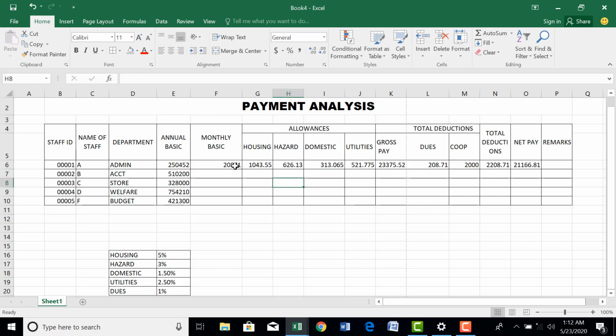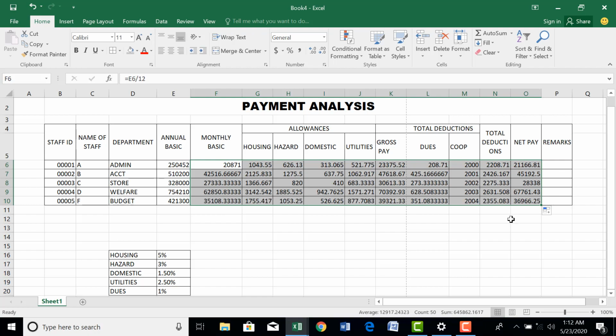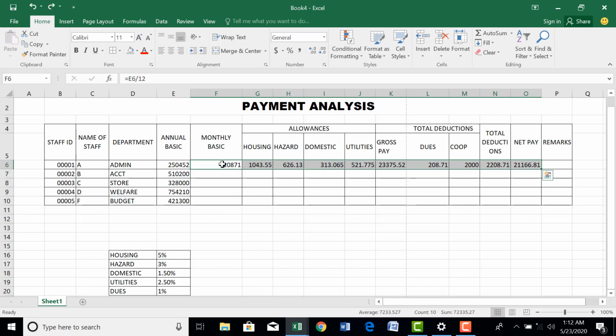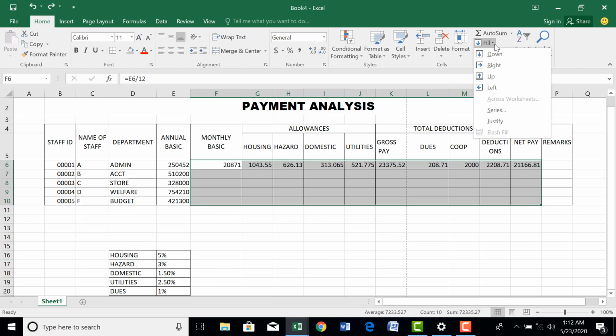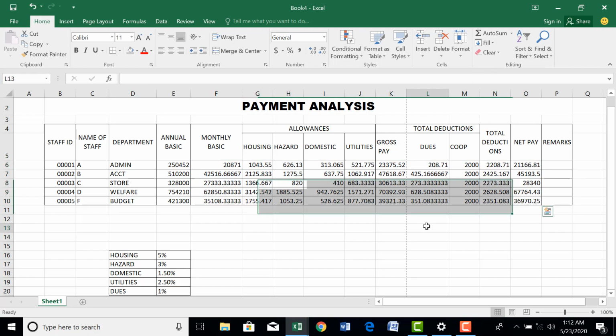We delete those ones that are not affected. Let us come here. All right. So you can drag this handle, drag it down, so you have everything done. If you don't want to do that, you highlight all, bring it down, go to home button, fill, then you fill down. Having done that, don't forget to delete all this, because it's not possible they are saving the same